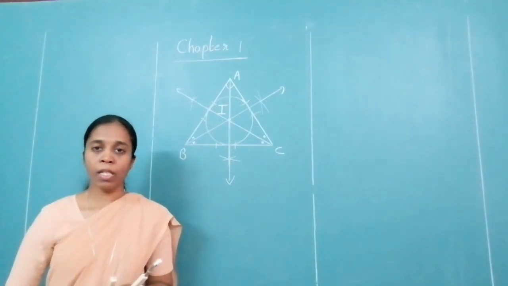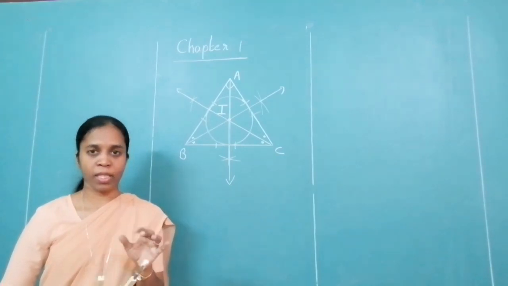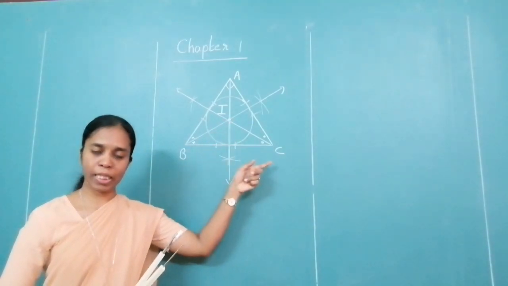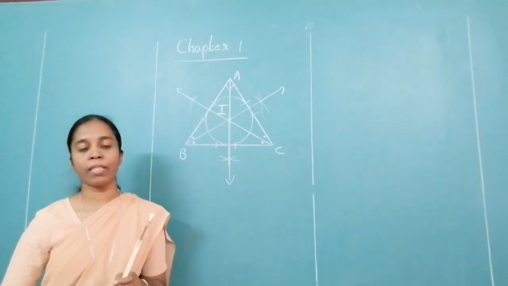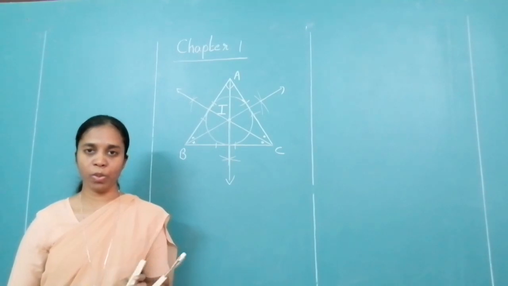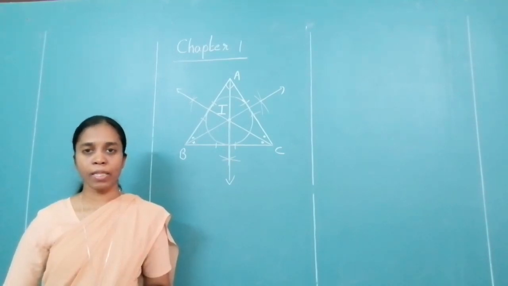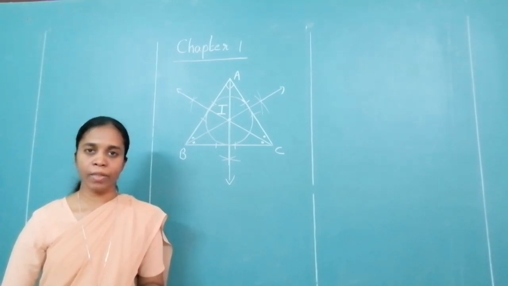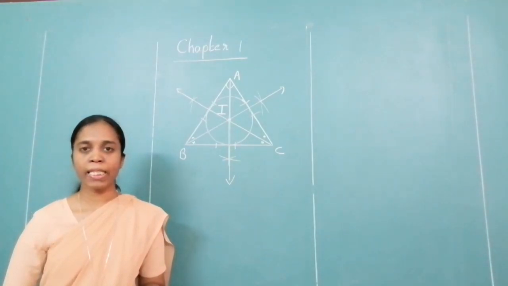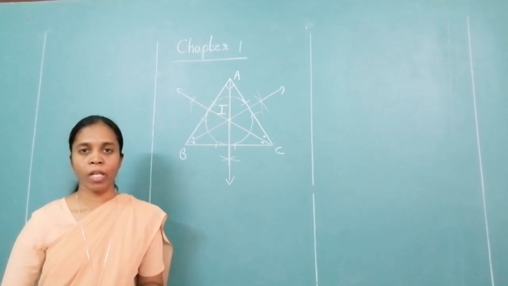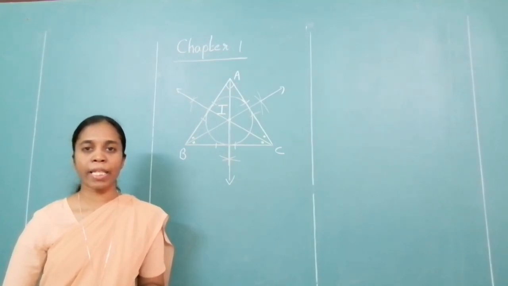What gave me the incircle? Angle bisectors. Angle bisectors of a triangle gave me the incircle and the center is known as the incenter. Please write it as your point. Next point. Open the last page of your notebook. Write it over there. Angle bisectors of a triangle give the incircle and the point of concurrence is known as the incenter.